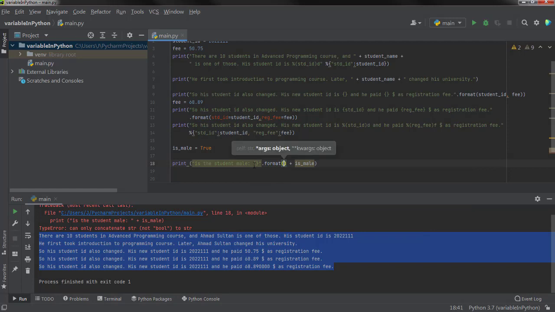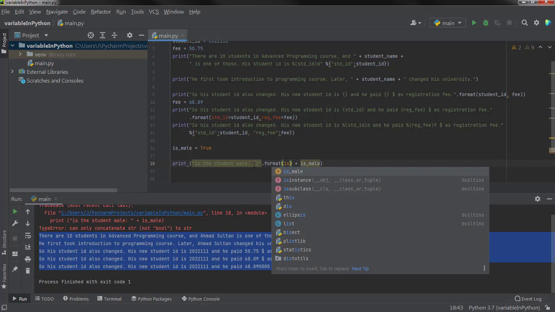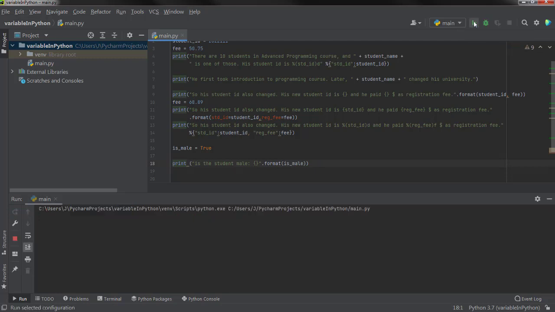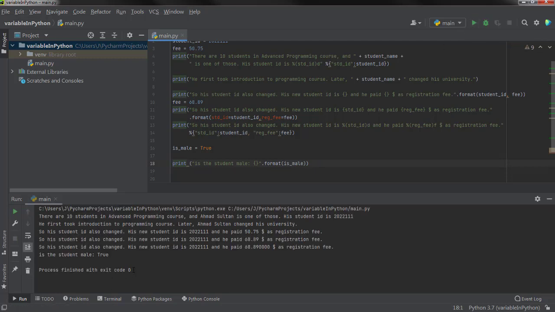And in the format, you have to define the variable name, which is male, and that's it. Let's save this and run, and the program executed successfully, and it printed is the student male. It says yes, because the value of the boolean variable is male is true.